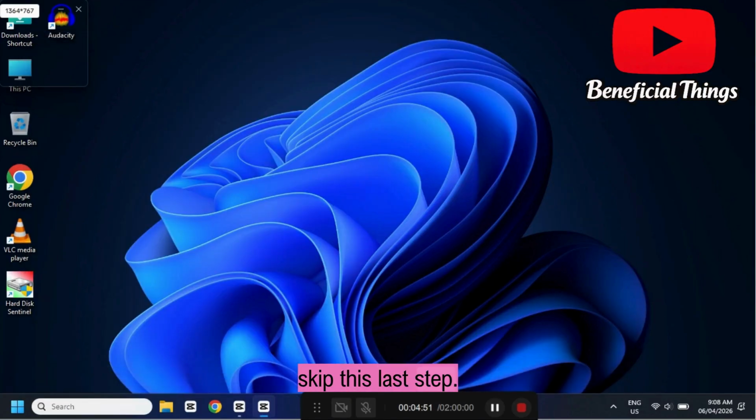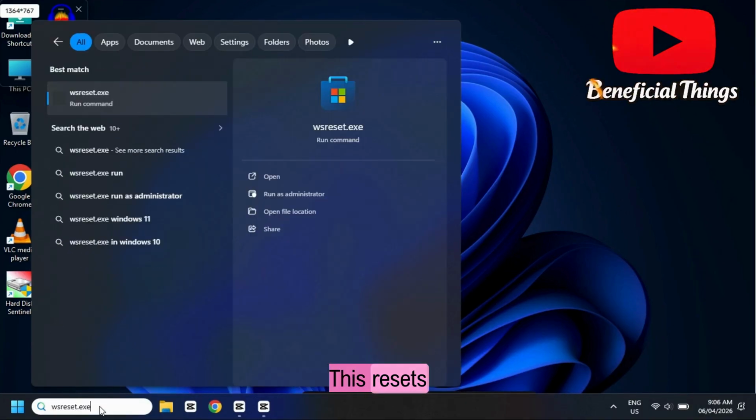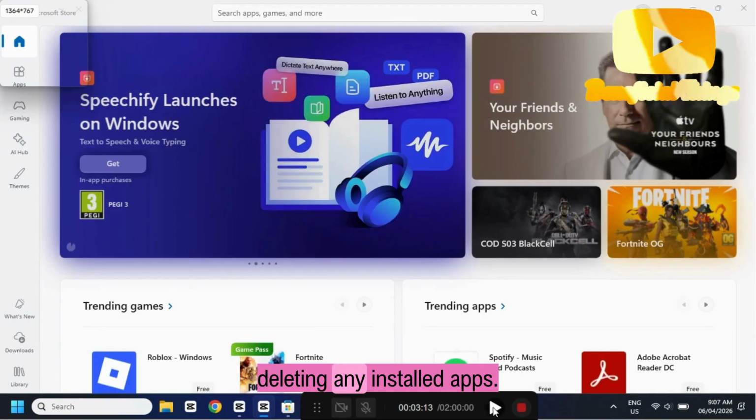Finally, don't skip this last step. Type wsreset.exe in the search bar and open the app. This resets the Microsoft Store cache, which can fix issues with downloading, updating, or opening apps without deleting any installed